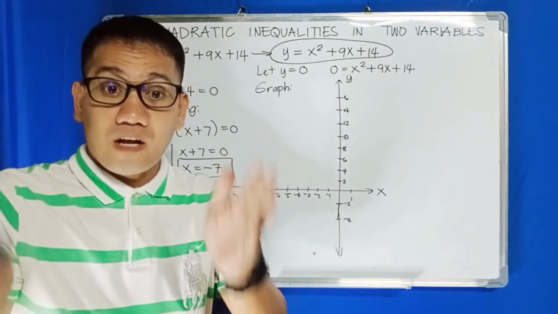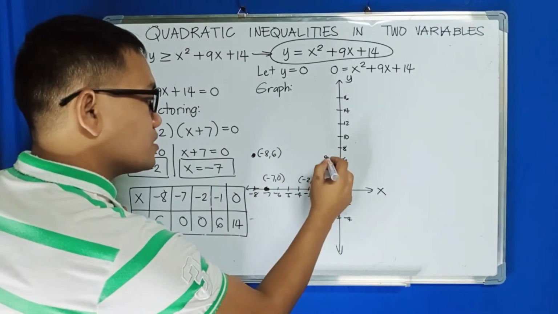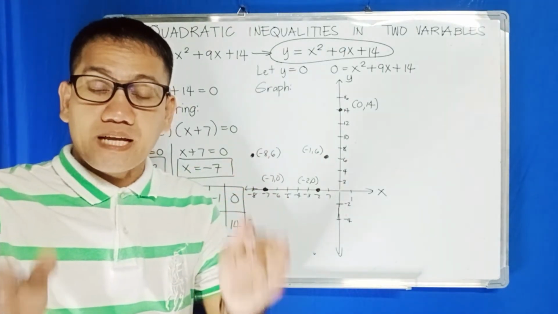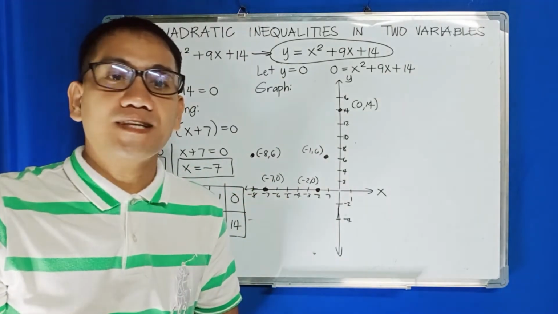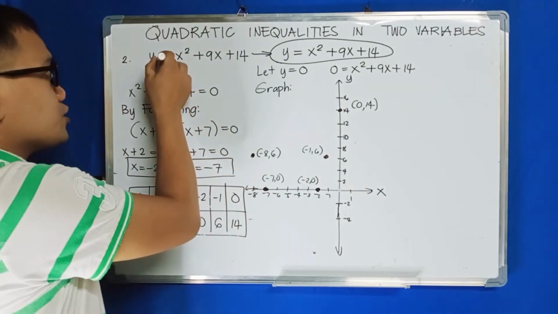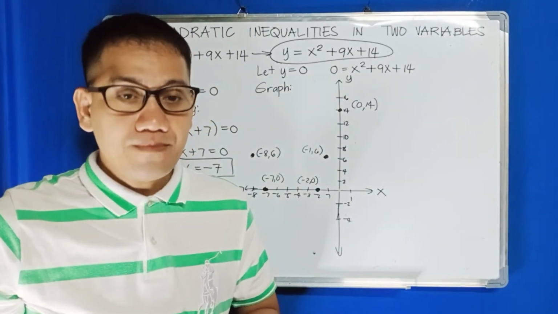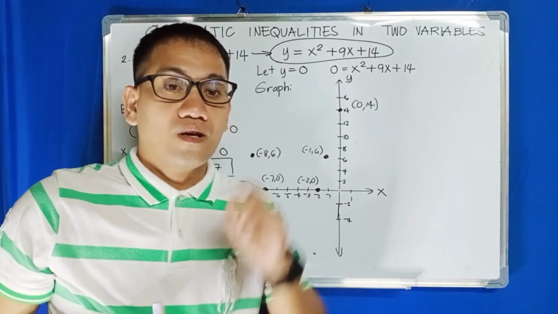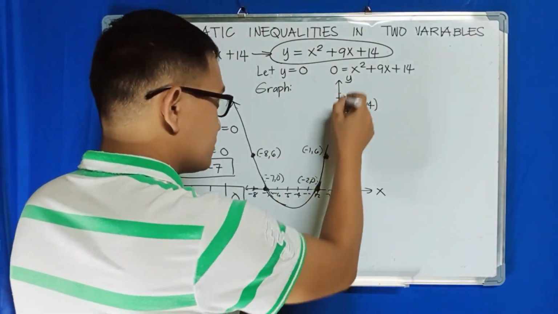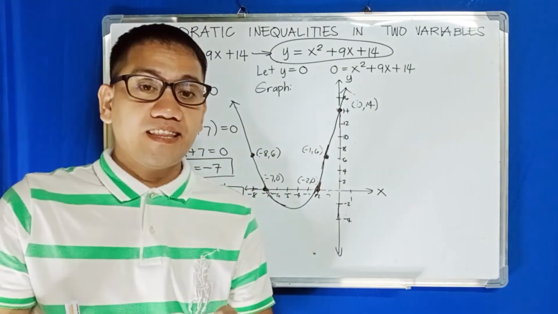Then let us plot the following points. Then, let us connect the following points. Remember again, the inequality symbol is very essential in connecting these points. In this example, our inequality is greater than or equal to. So, if our inequality symbol is greater than or equal to, we will utilize the solid line. Then after we connect the following points using a solid line, the next thing that we will do is to